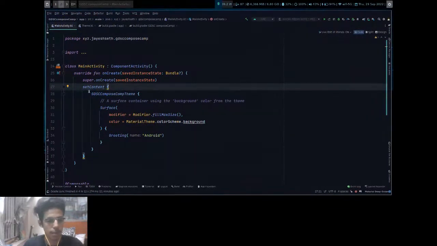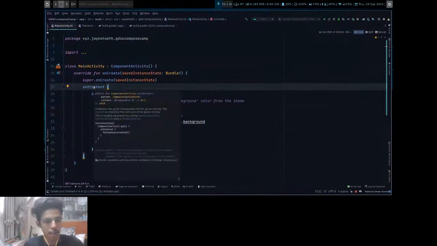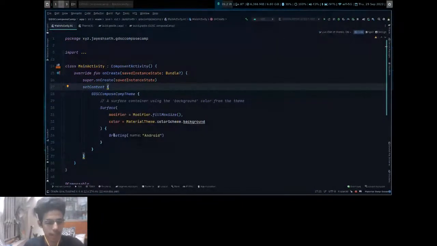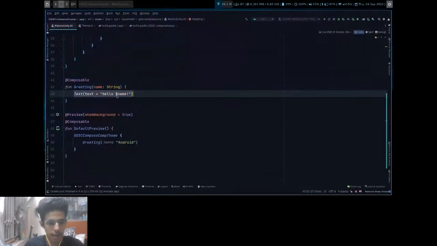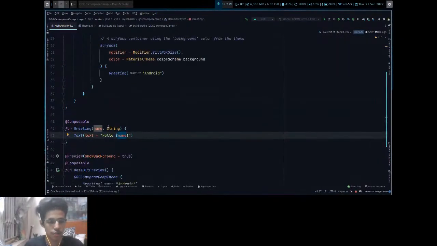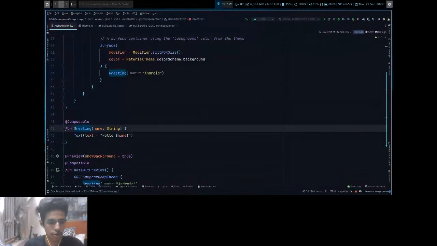But in Jetpack Compose, setContent runs composables every time. The greeting here is a composable, which is a function I told you will be required. For example, Text is a composable that is used to display and modify text, a string format. So if you just want to change hello to hi, you don't need to rerun the entire activity. If any state changes, Jetpack Compose will only recompose this text widget. In our case, it will be the greeting composable.